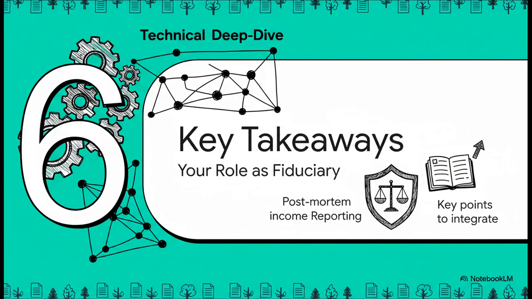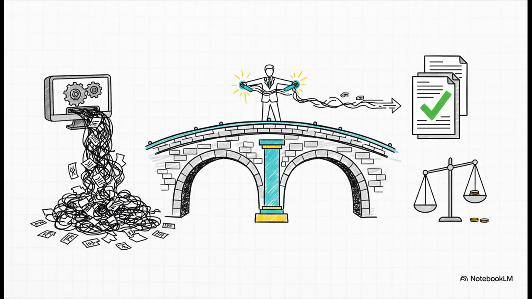All right, we have covered a ton of technical ground. So what's the bottom line? What are the key things you really need to walk away with today and start using in your practice? At the end of the day, think of the Nominee Doctrine as your bridge. It is the tool that lets you span that gap between sloppy automated financial reporting and your absolute fiduciary duty to report and pay the correct amount of tax.